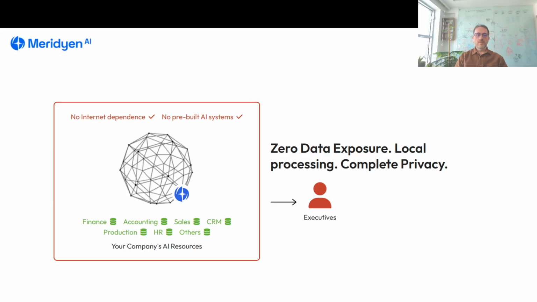So what is really happening on the backside is that the Meridyen AI offline platform works within your company. Because there is no internet connection, and because it is fully GDPR compliant, none of your databases or data goes outside. All of your databases connect to the Meridyen AI internal platform, which runs on your AI server, and then any of the executives can question any of the company data.